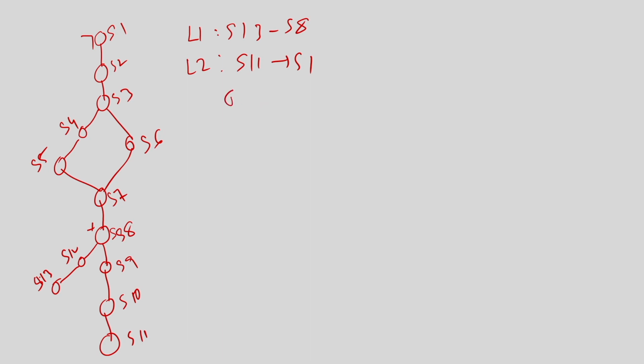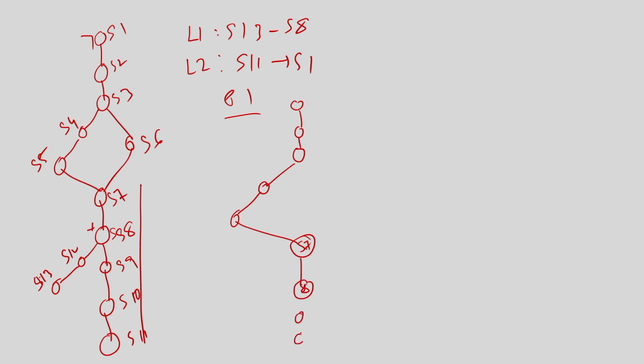So, basically I have path 1, which is basically S1. It will take like this. Let me just draw properly. So, path 1 is basically this S1, S2, S3, then it will go to S4, S5, then S7, then it will go this way, right. So, S8, 9, 10, 11, S11. So, I have one path like this and we will have another path like this as well. So, that was missing earlier, right.